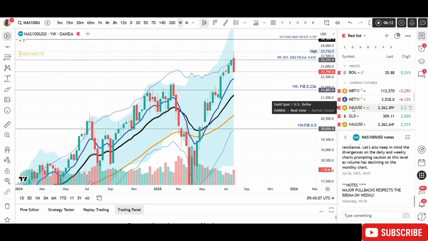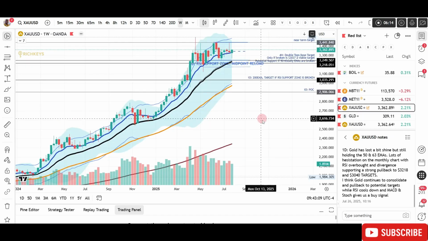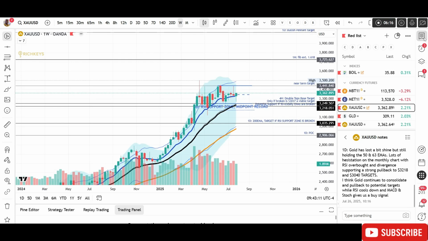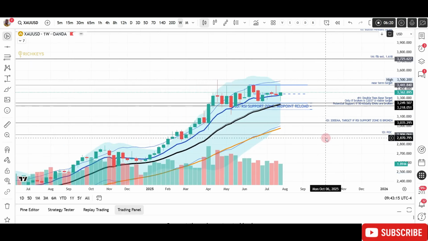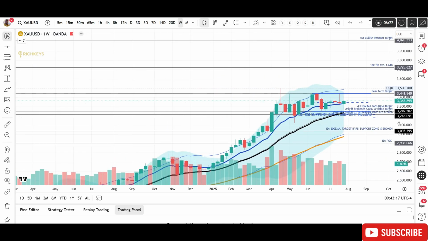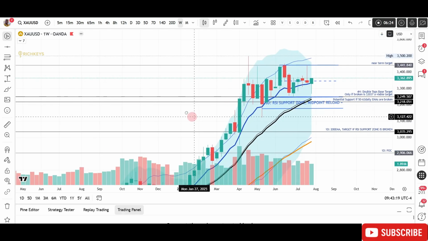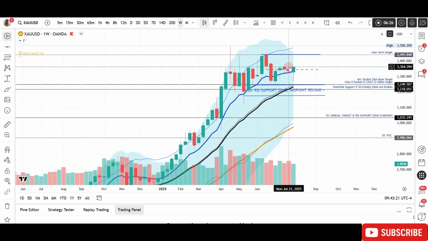I also want to look at what gold is likely to present as our equity. So gold has formed a nice weekly hammer, and I think gold might potentially break this coming week. It all depends, but with this bullish hammer on the weekly, I would expect us to make our first attempt to the 3441 resistance and potentially break through.